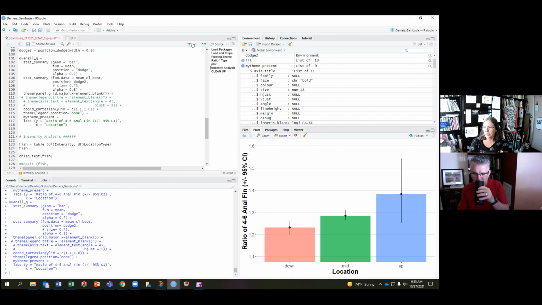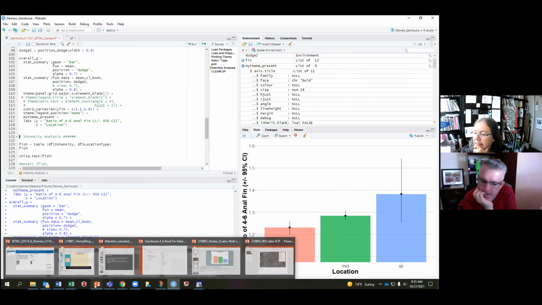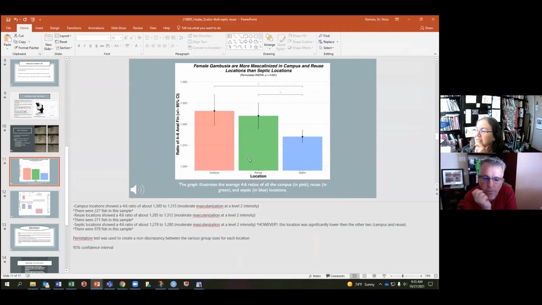I gotta try to do something for this poster that I have to submit on Monday. I'm wondering if I can go back to my spreadsheet. What I don't have in this one is my community with reuse, my Sandoval, which was this group. So maybe I can get my reuse lakes against,